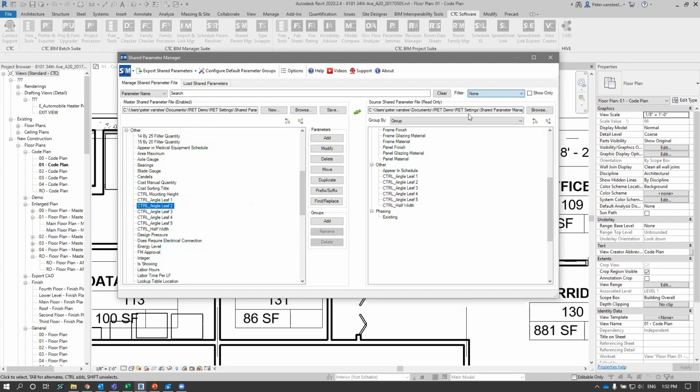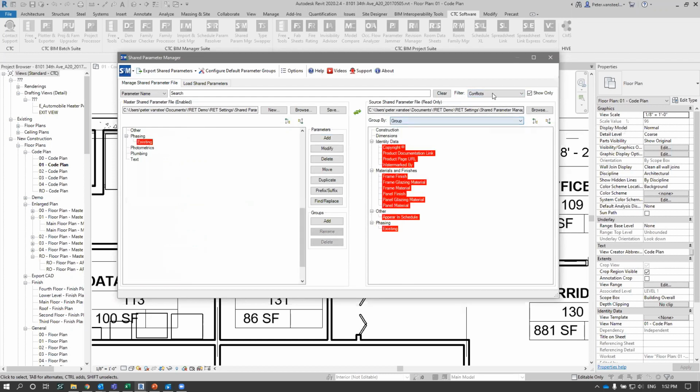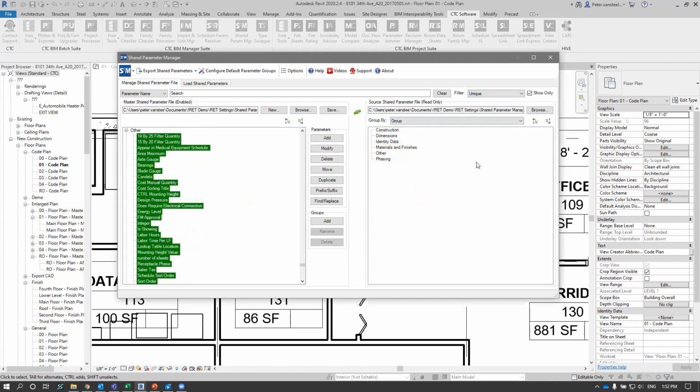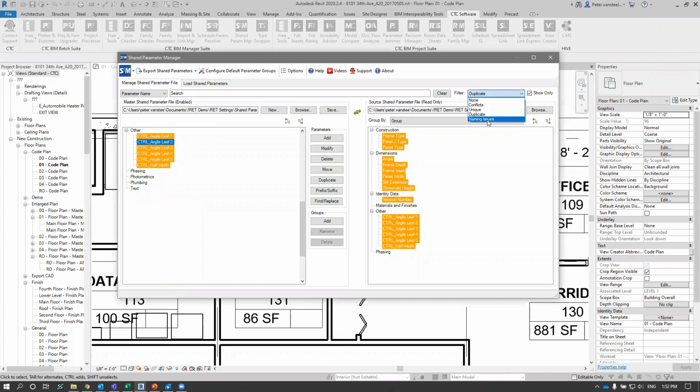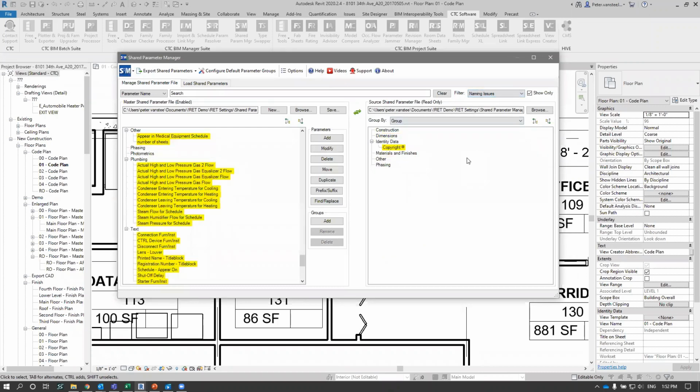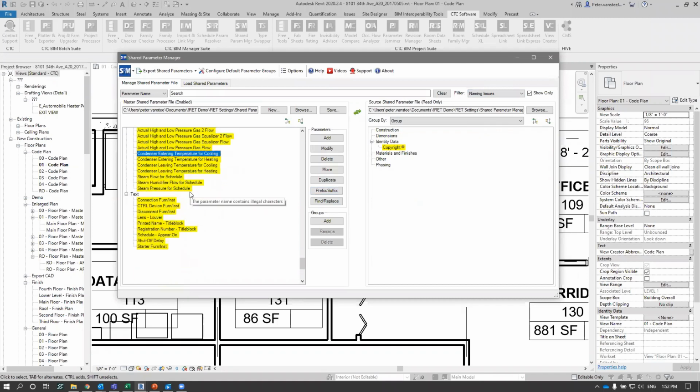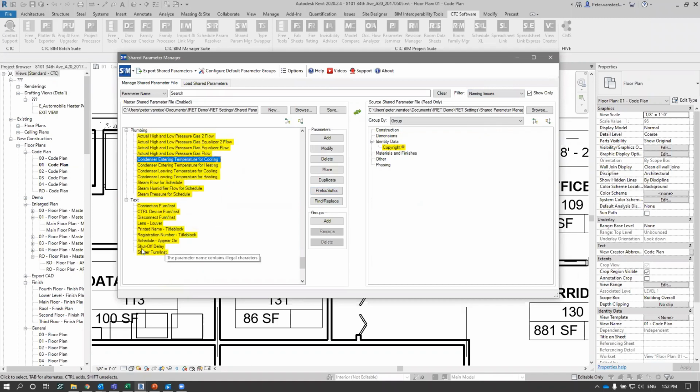So I can check, I don't want any highlighting or filtering at all, but maybe I want to see what conflicts I have. What's unique between one file and the other? What's a duplicate? What has naming issues? That's actually a really important one. As I'm going through, like, okay, shut minus off delay. What is that actually? Because when we're using that within formulas within a family,